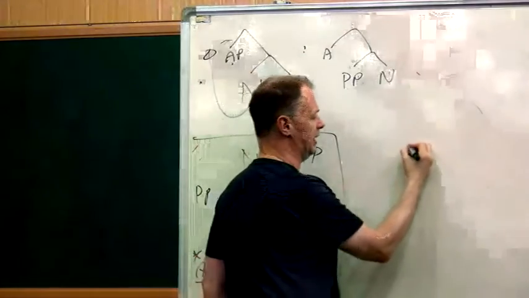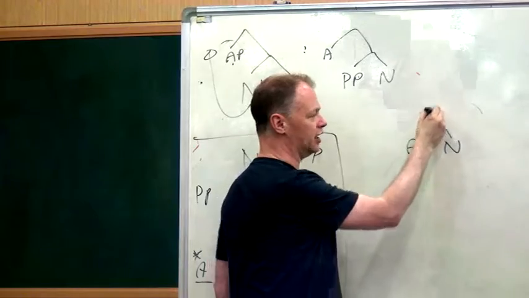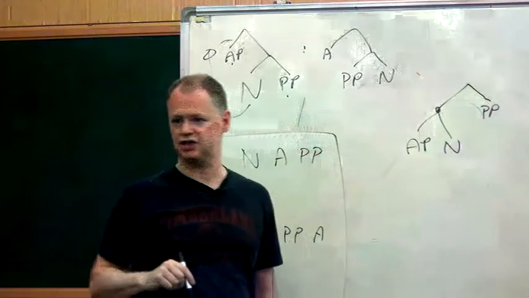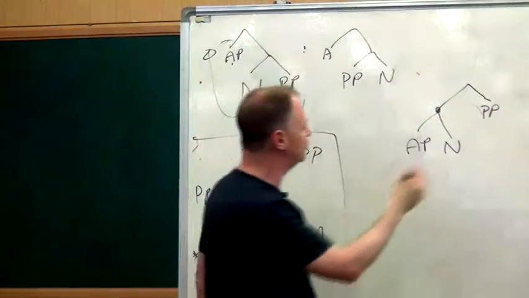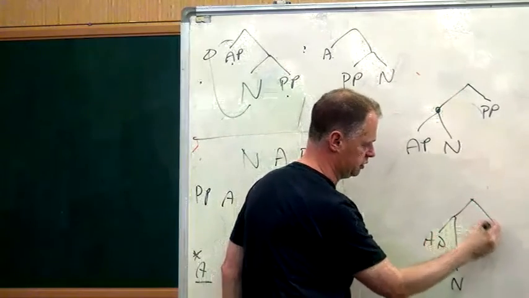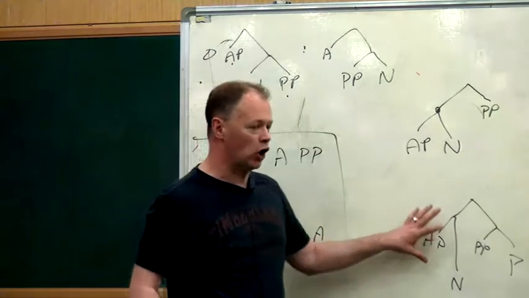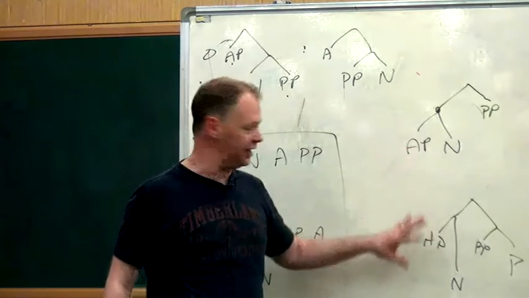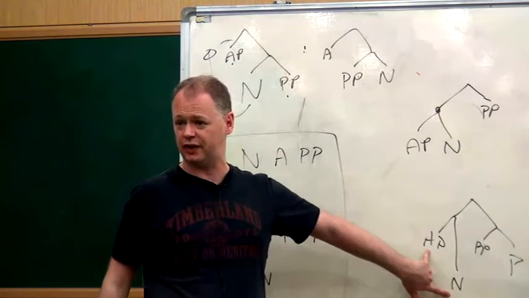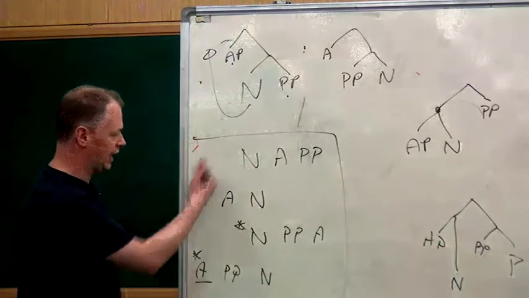Because what we're saying is that AP and N are some constituent, and that the PP is outside of that constituent, right? For me, it's really AP and PP, right? But you see that broadly the constituency is just different. In my system, the AP and the N are able to be a constituent to the exclusion of the PP. Right? Which allows a very neat characterization of this.